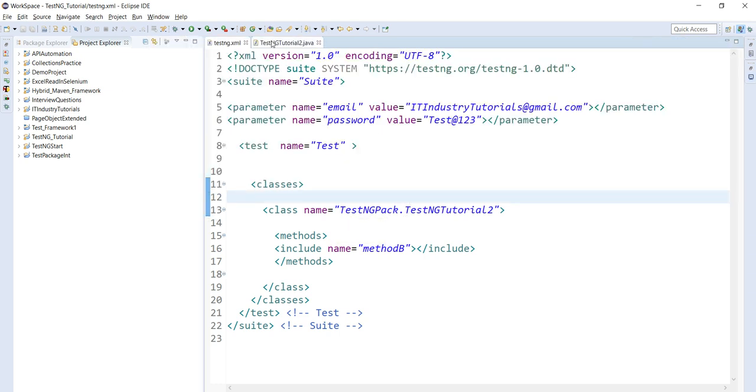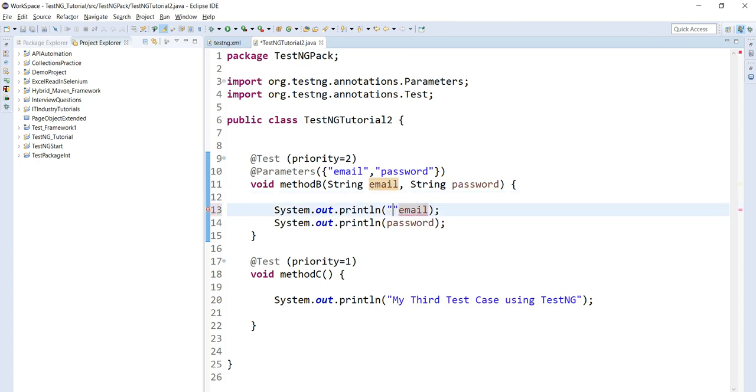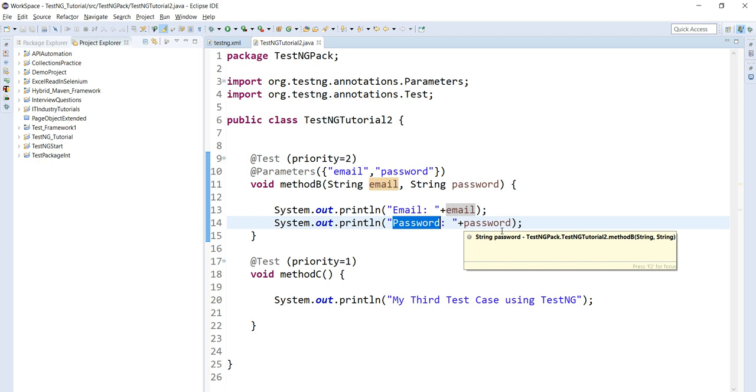If I make this much more readable, what I have done here is add a string email, and it will print the email, then the password, and then it will print the password.